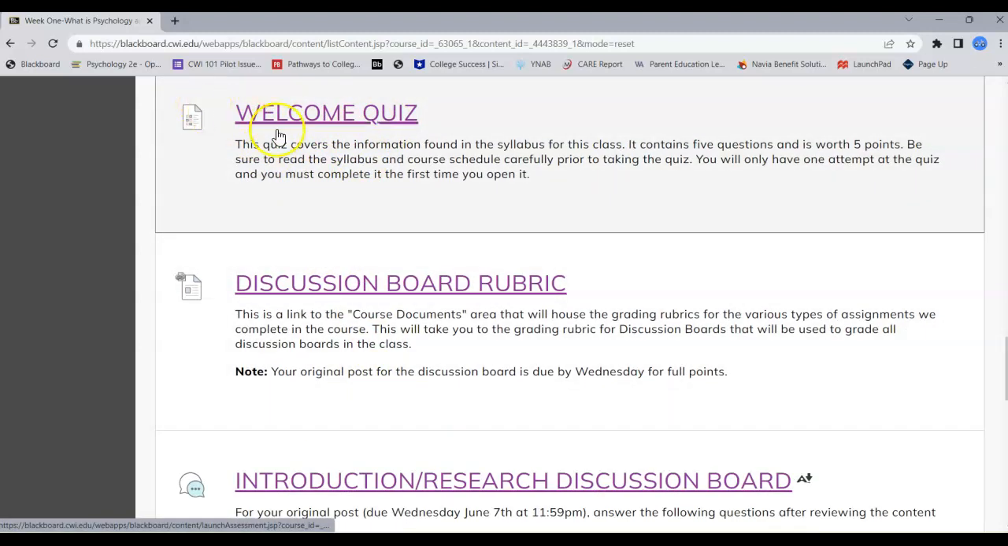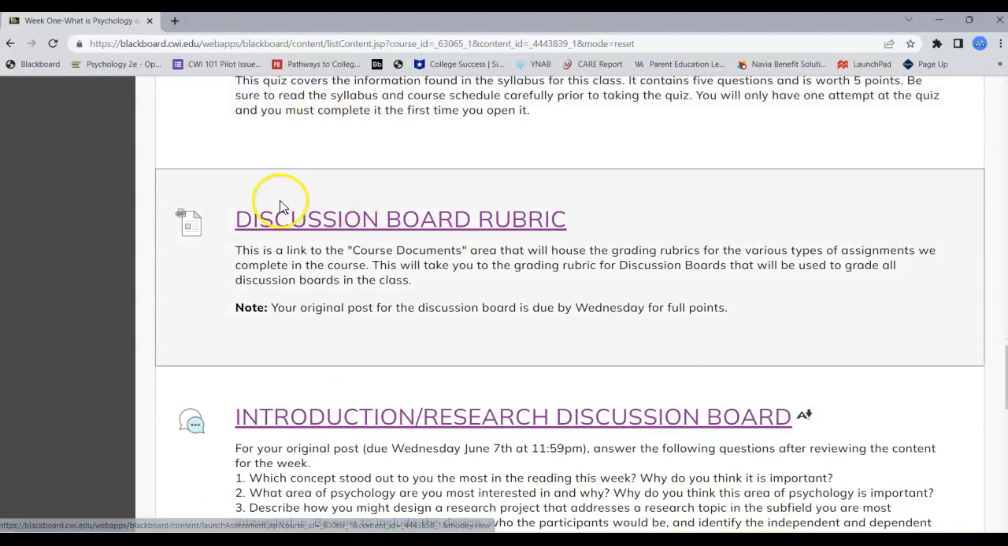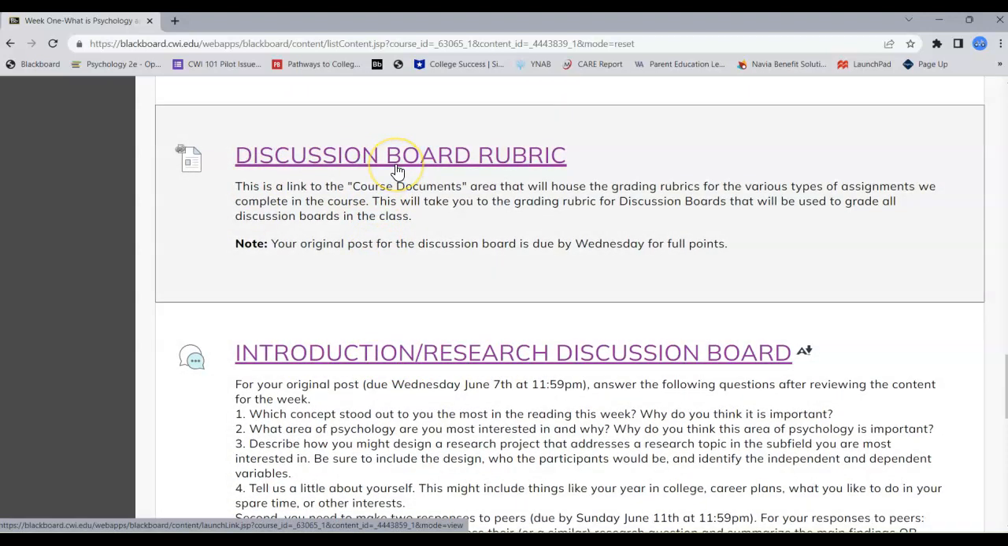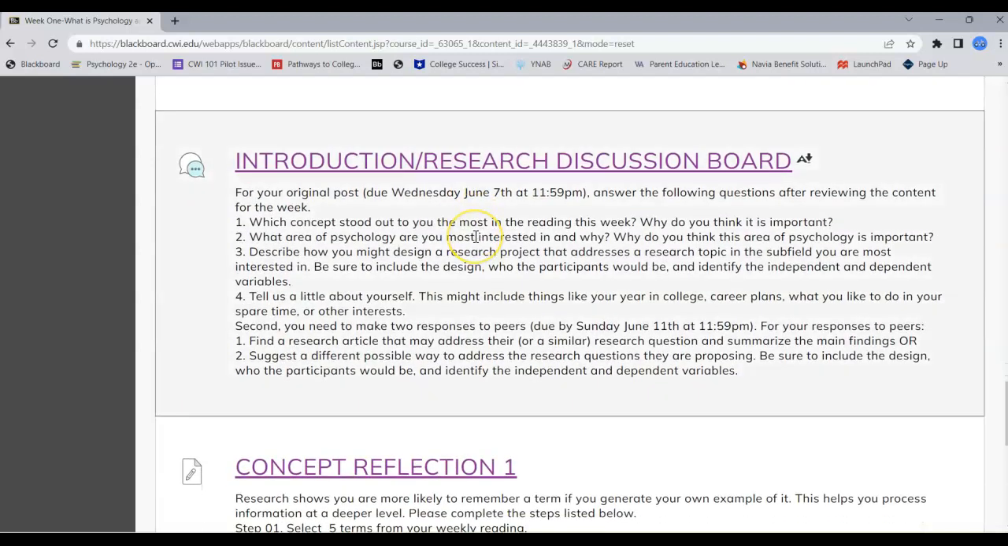As you get more familiar with Blackboard, you'll understand the different types of assignments, but we have quizzes. We have a discussion board here. The first time that we do an activity, I'll post the rubric so you can see what the grading criteria is for that type of assignment. So in this case, discussion board. After that, I won't post the rubric in the weekly folder every time, but it is available in the course